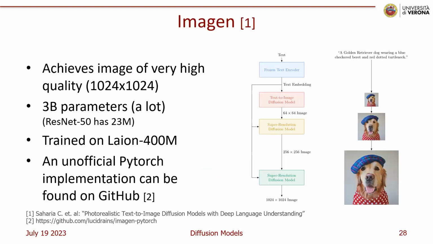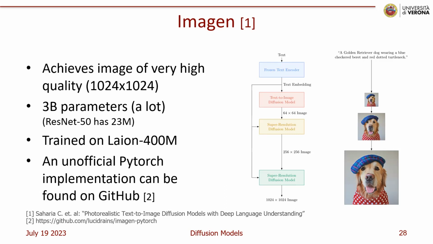So the first one I wanted to show you is Imagen, and this is because I wanted to take you back to the time I told you that UNets can scale very easily. They can get very big very easily. And this is what Google did. This is a paper from Google. As you can see, it's just a conditioned diffusion model with a UNet. What they do is take text, get the features from the text, and give them as input to the diffusion model. However, the difference is that now instead of having just a single diffusion model, they have 3 in a